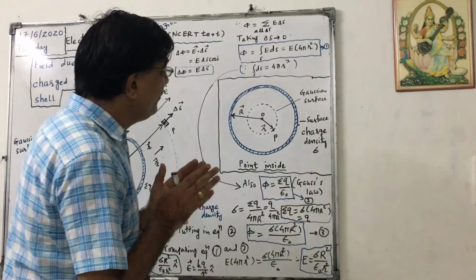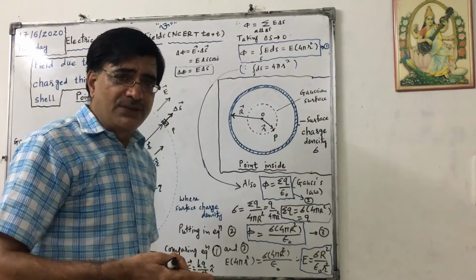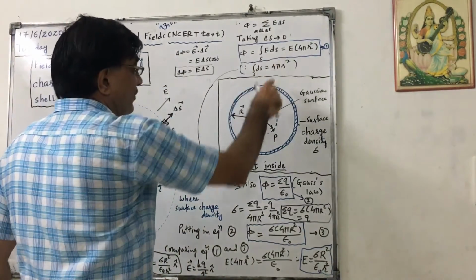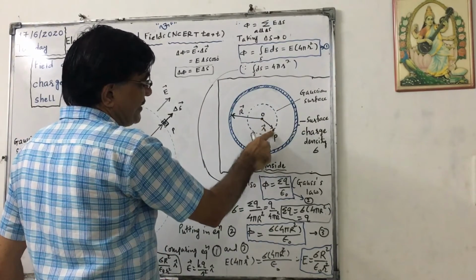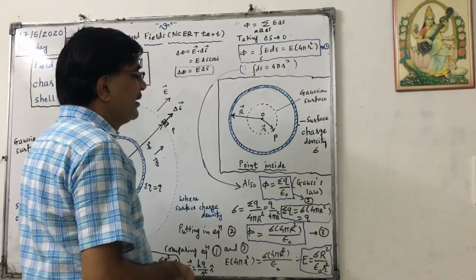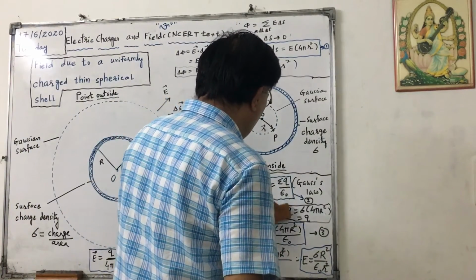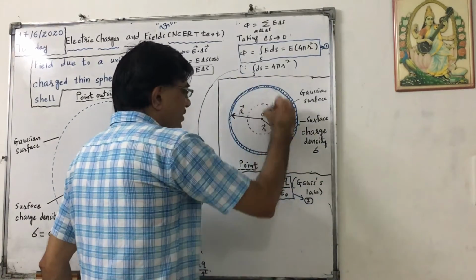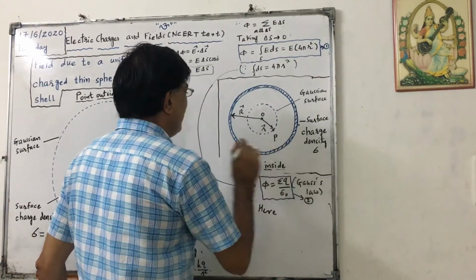Now, if we consider an inside point, suppose this P, that is the next topic actually, then what will happen? In that case, this remains the same. Suppose for this small sphere, the radius is r, so the position vector is vector r. But in that case, sigma q will be 0, because the charge enclosed is 0 for this case. Now we are discussing this case.